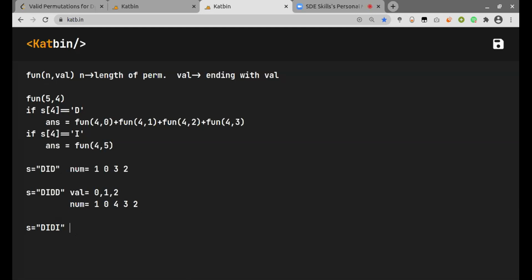His approach is slightly different, but the way I do it, I will always pick any number. I will have to pick all the numbers starting from 0 to whatever n is, and anytime I look for what the rule is, either decreasing or increasing, based on that I will select the next one. So when I'm selecting the next one, if it is decreasing, then I know I have to go from the current number all the way down to 0, right? So I'll make a recursive call like that.